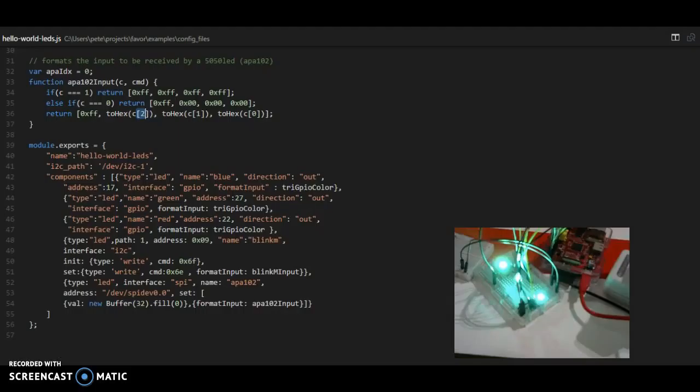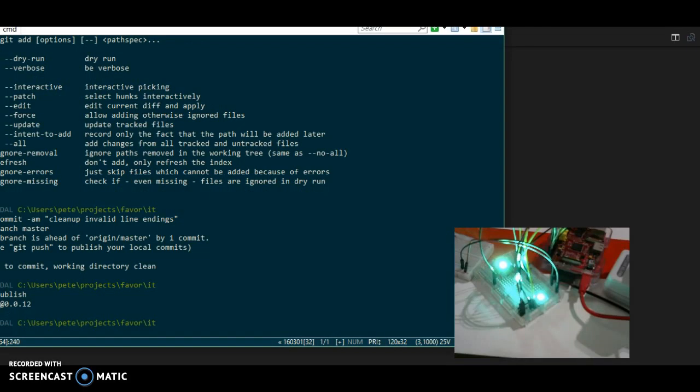As you can see, we've made it very simple, with not a lot of code really, to interact with a whole bunch of different devices. And if your device only had I2C or only had SPI, this would make it really simple. So that is the first introduction to Favor and working with LEDs. If you have any questions,